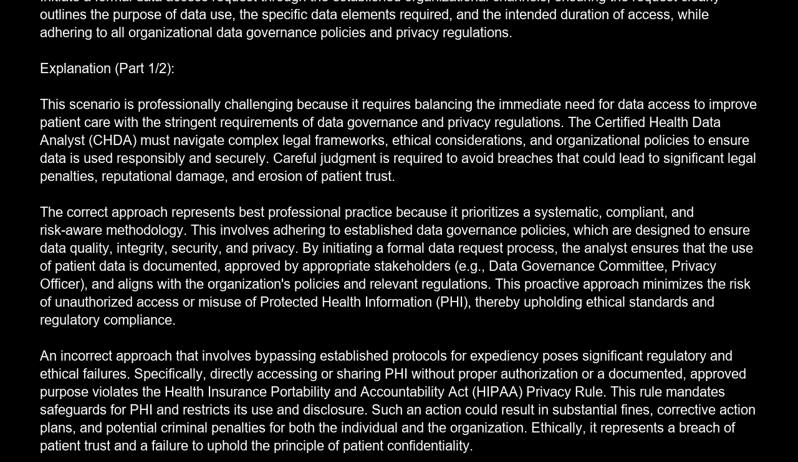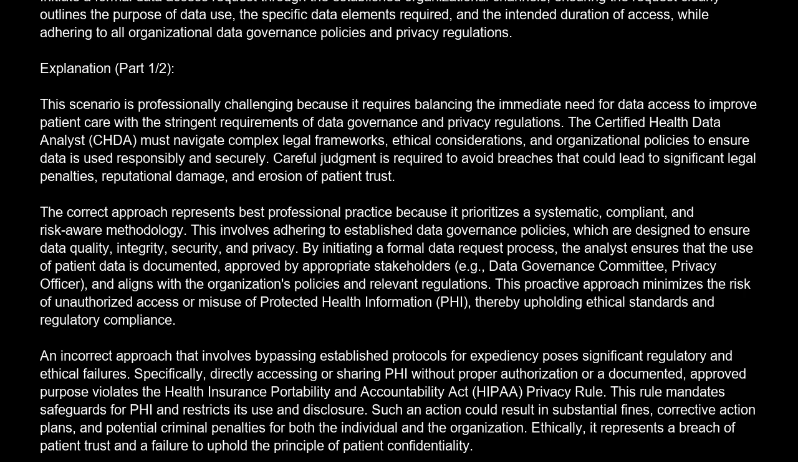The correct approach represents best professional practice because it prioritizes a systematic, compliant, and risk-aware methodology. This involves adhering to established data governance policies, which are designed to ensure data quality, integrity, security, and privacy. By initiating a formal data request process, the analyst ensures that the use of patient data is documented, approved by appropriate stakeholders, e.g., Data Governance Committee, Privacy Officer, and aligns with the organization's policies and relevant regulations. This proactive approach minimizes the risk of unauthorized access or misuse of protected health information, thereby upholding ethical standards and